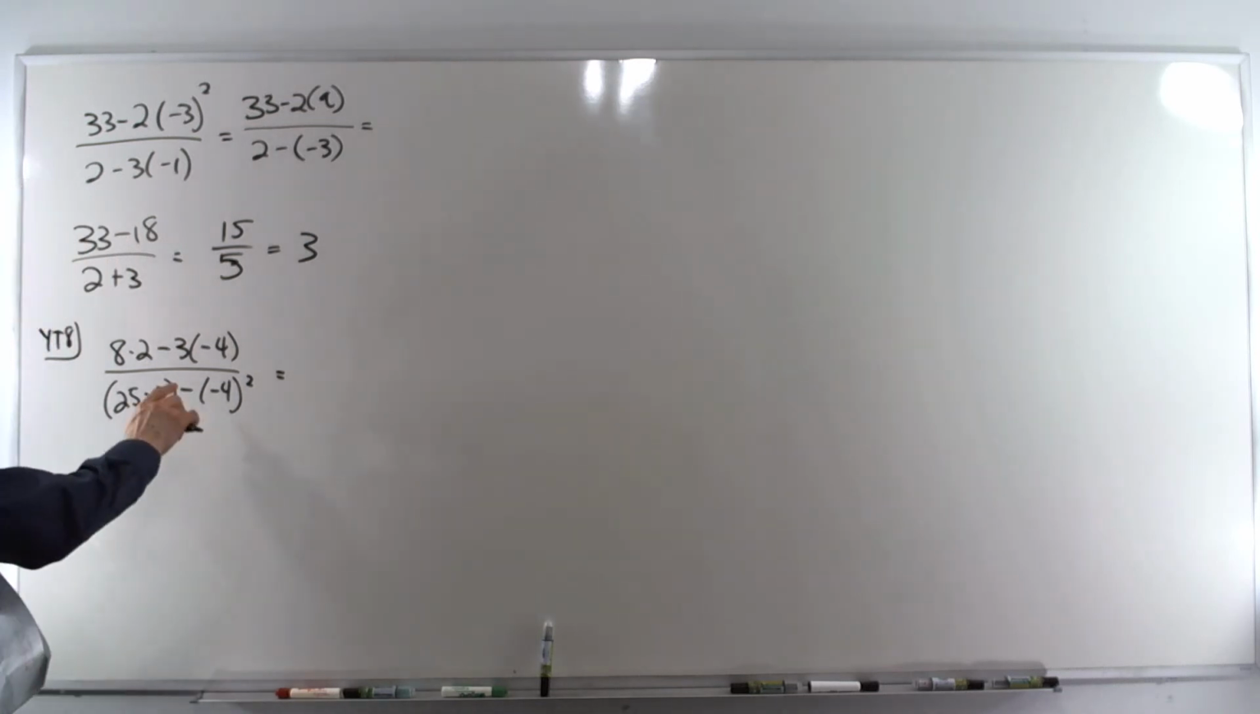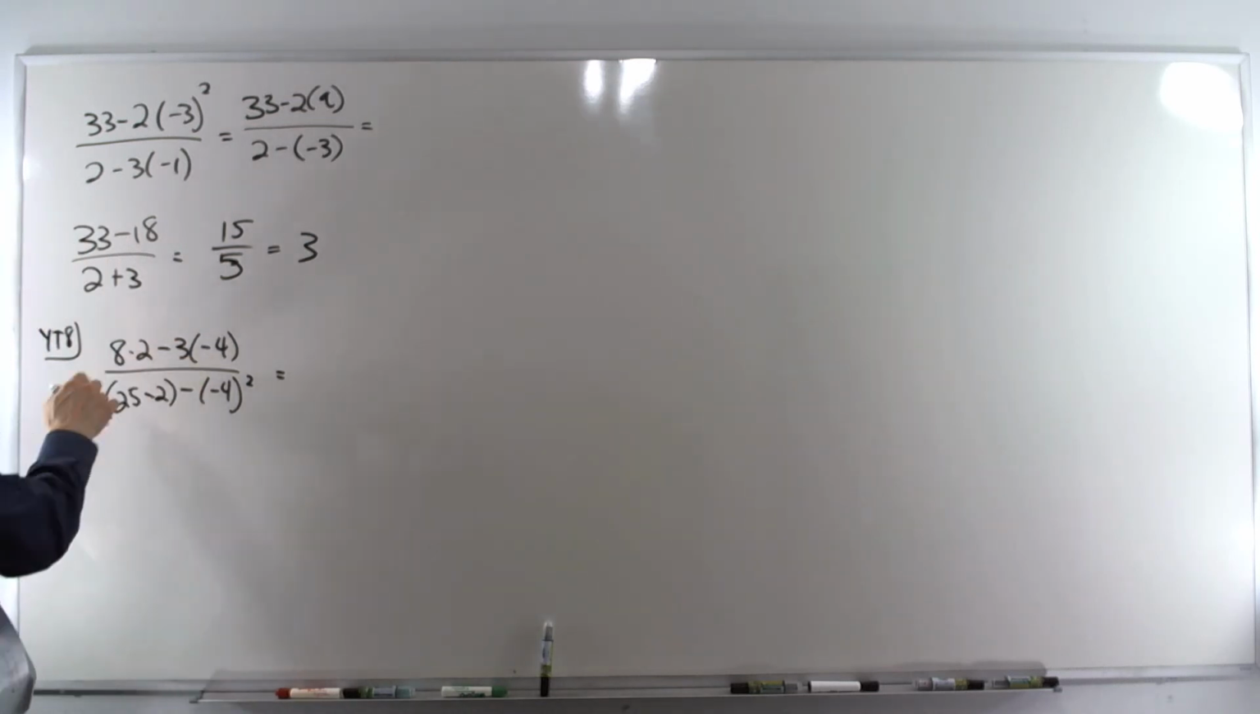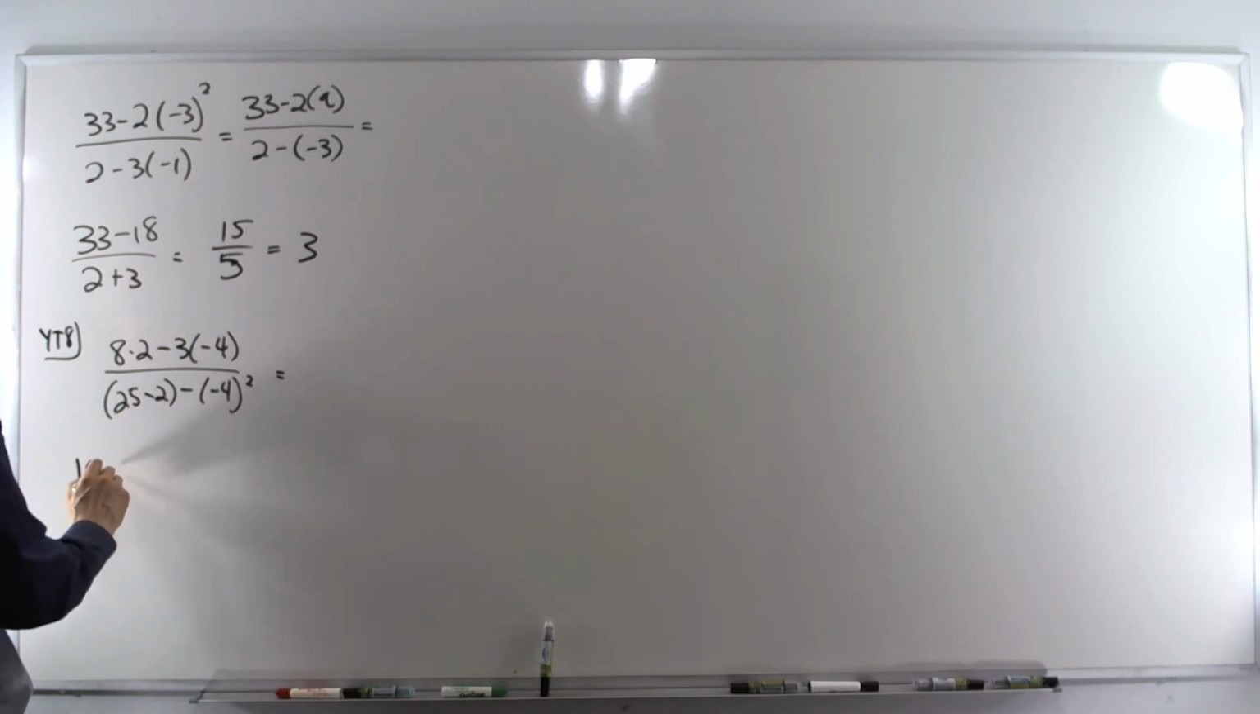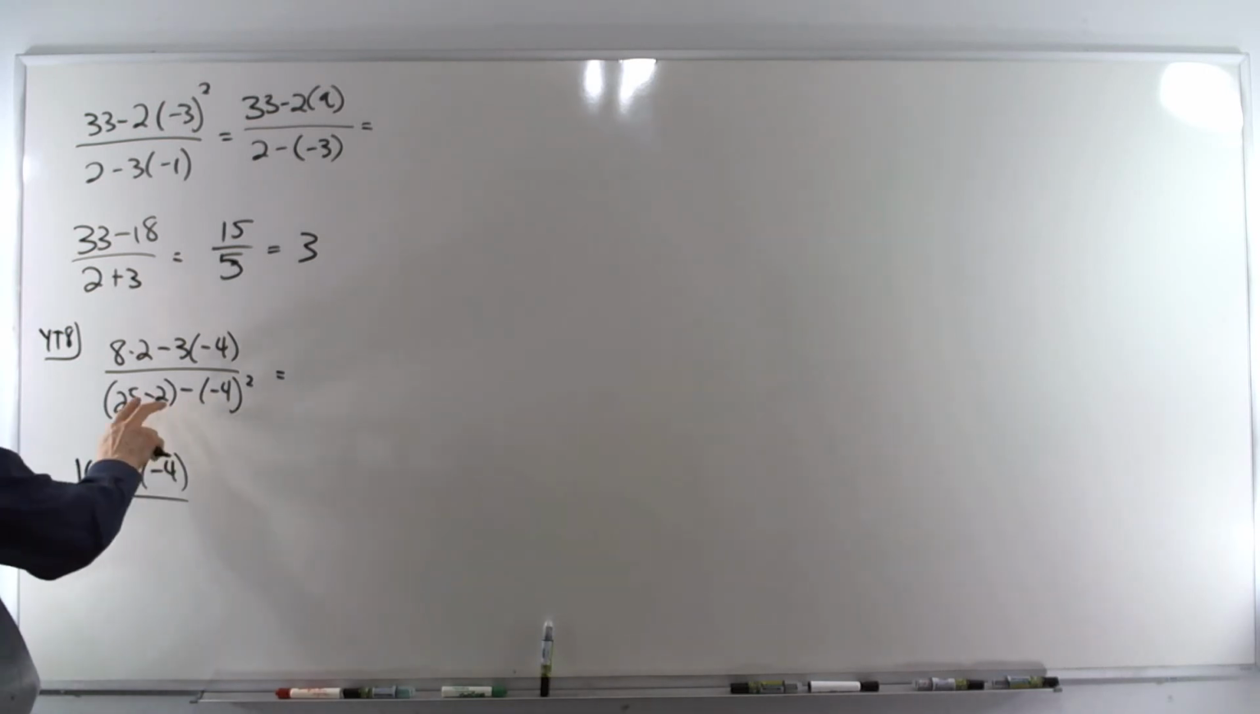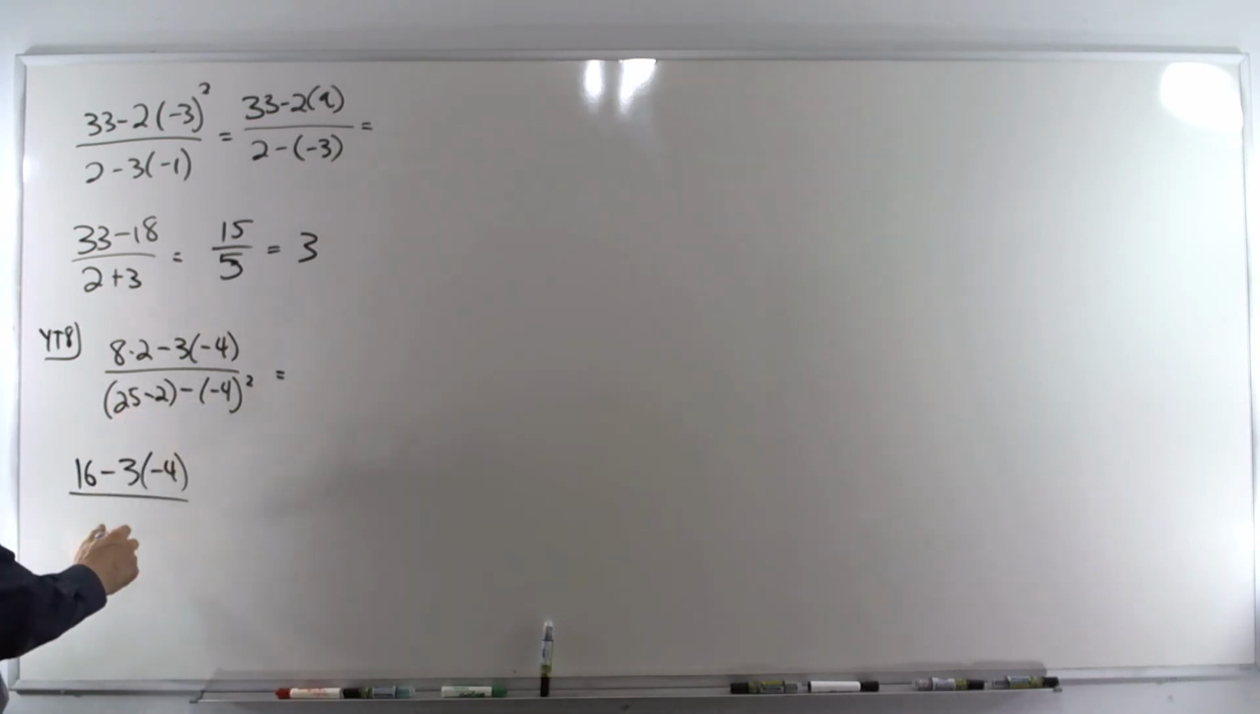Right up top, we're going to do order of operations. We've got multiplication here and here, so we're going to do the left one. So that's 16 minus 3 times negative 4. Over, and we got it. Parentheses here, we'll do this first. 25 minus 2. We got 23